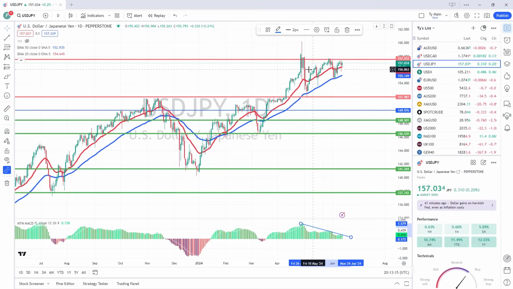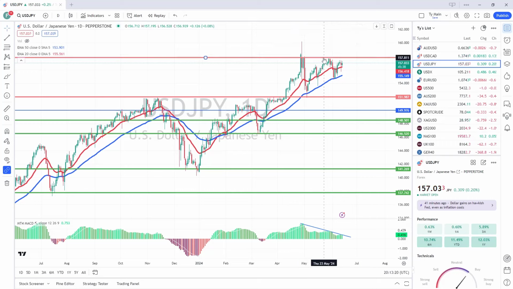That's our heavy resistance zone. You can see that it's slightly higher. Keep an eye on that. If it gets above that level, then we look for a series of higher highs and higher lows above it,